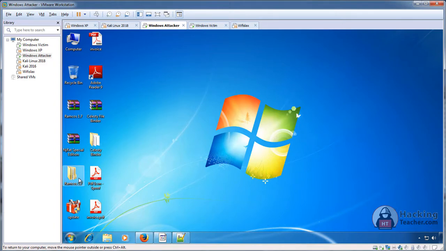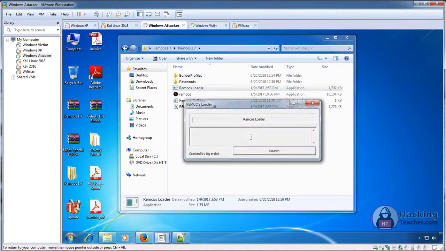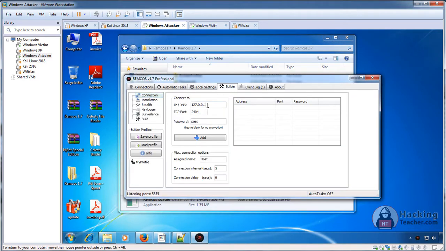And if you remember, if I go to Ramcos again, when we create a builder, we type our IP address here. Previously we typed just our private IP, which doesn't go over the internet. But if you put your public IP here, that automatically changes whenever you restart your internet connection. For example, today your IP is 185.55.44.67. Suppose that's the IP address which your internet service provider gave you. I'll show you from here how you can check your public IP as well.